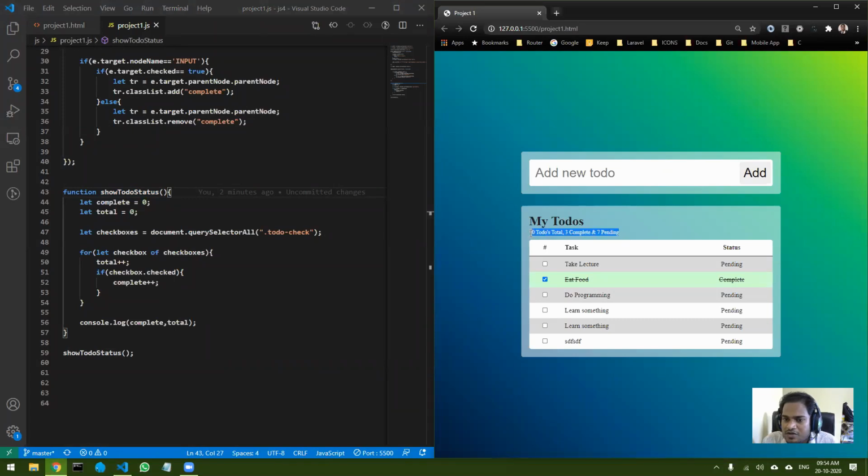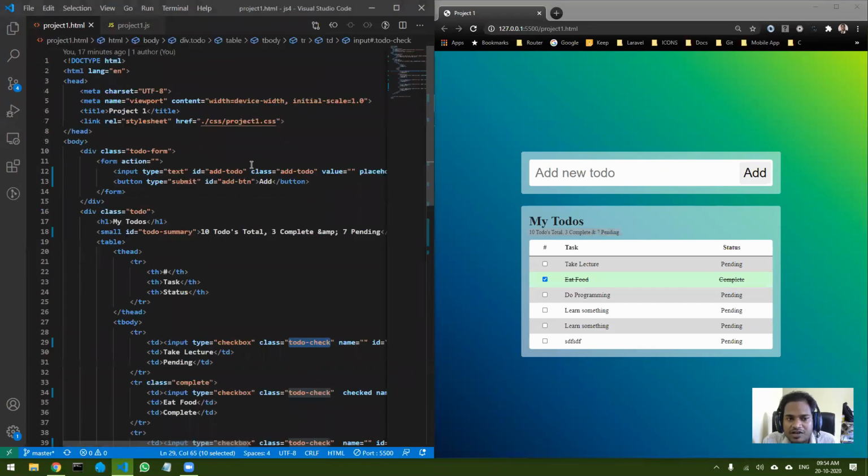To update over here, first I will have to get this particular element. Whenever you want to target any particular element, you have to first get that element, right? You can see I have given an ID to this particular element. So how to select an element if you have an ID?